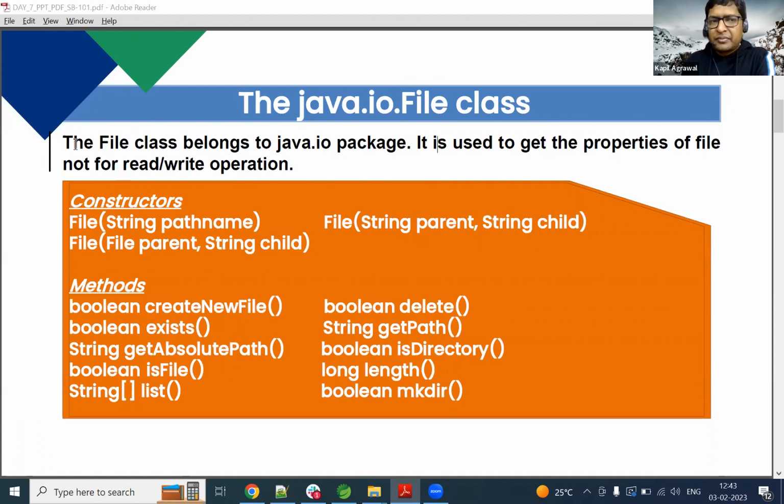You can see the File class belongs to the java.io package. It is actually used to get the properties of a file, but it is not useful for reading and writing operations. If we are talking about the constructors, then one constructor is available that is actually taking